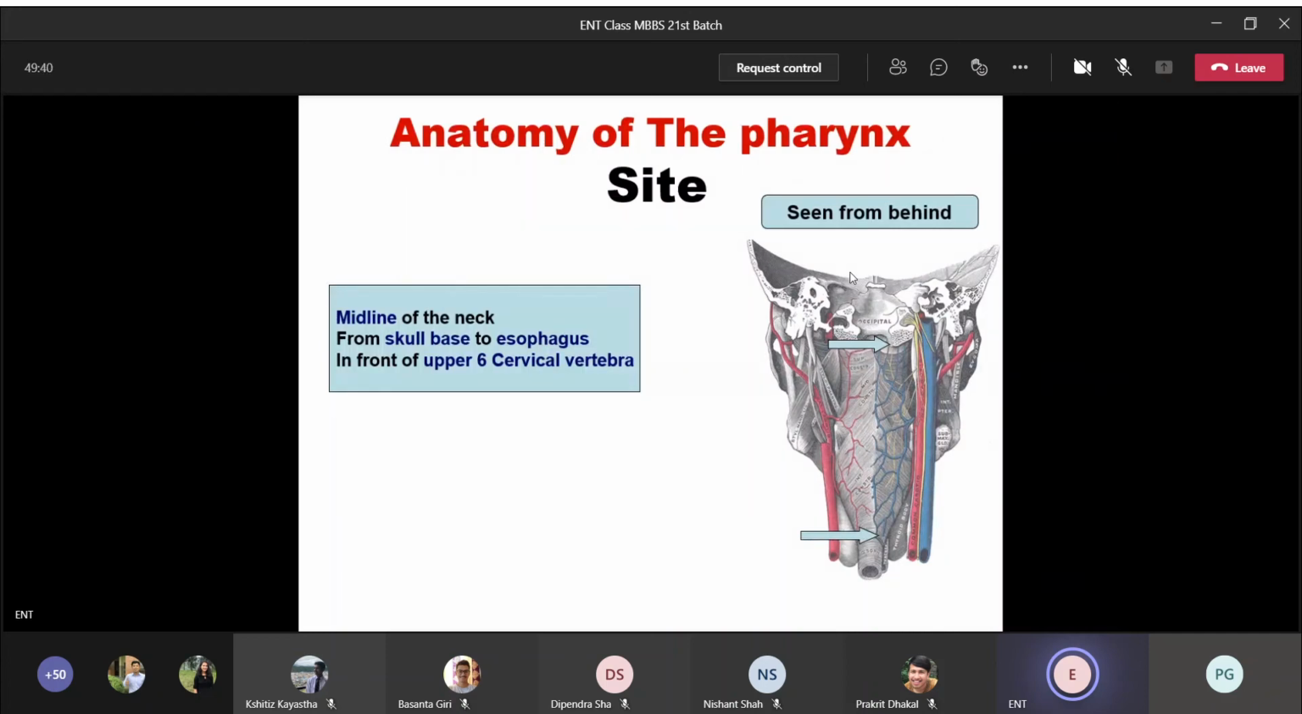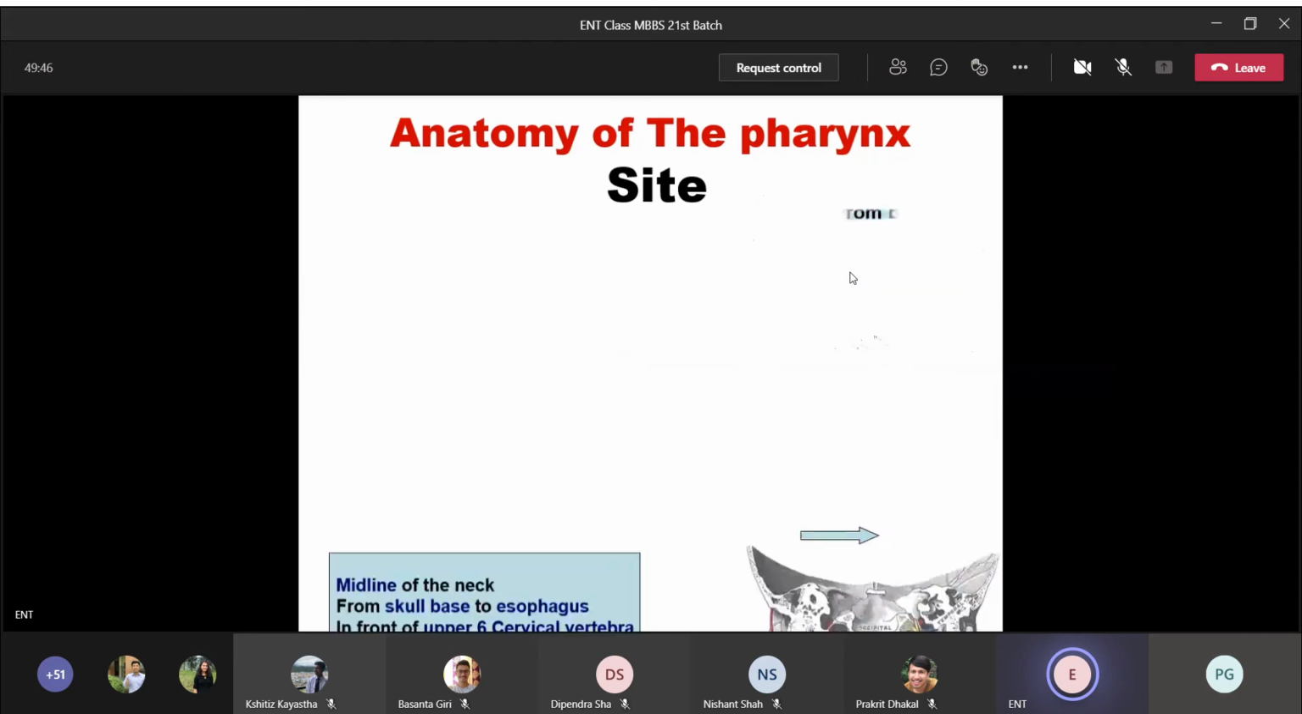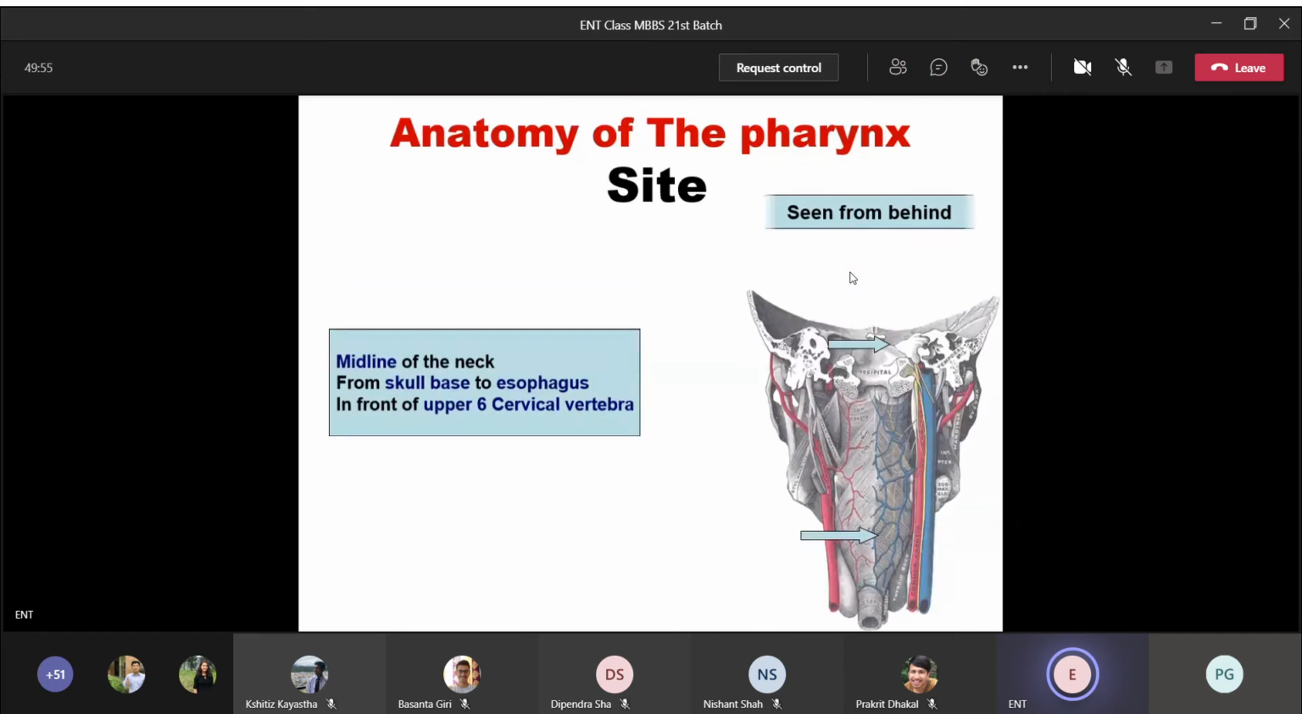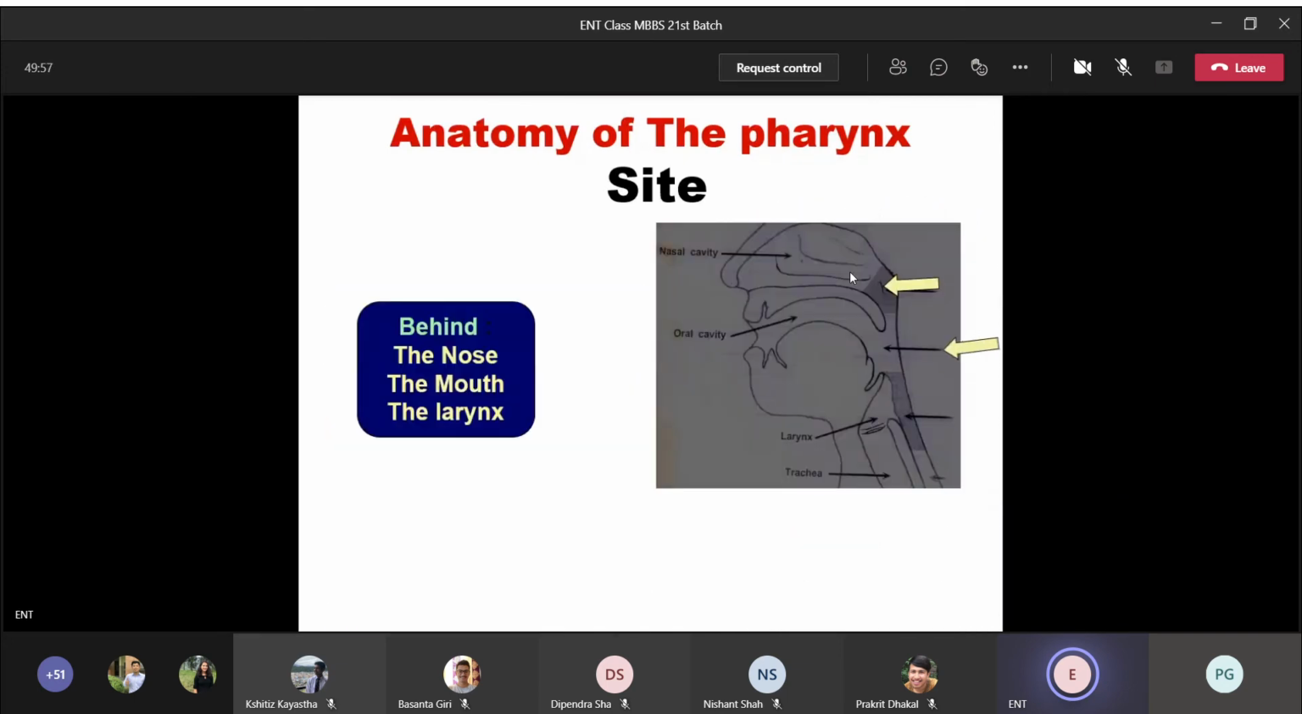Okay, the pharynx is situated in the midline of the neck. It extends from the skull base to the esophagus. It's in front of the 6th cervical vertebra. Now this pharynx lies behind the nose, mouth, and larynx,